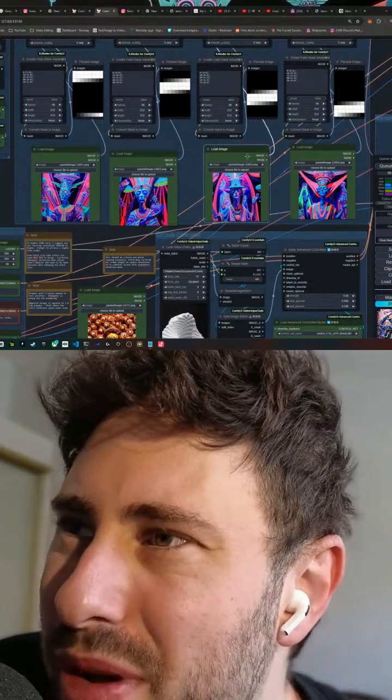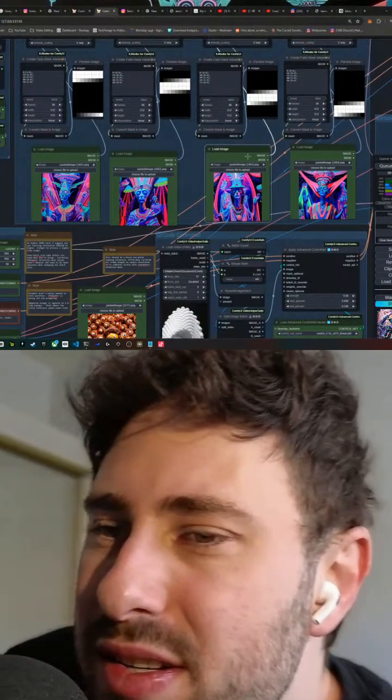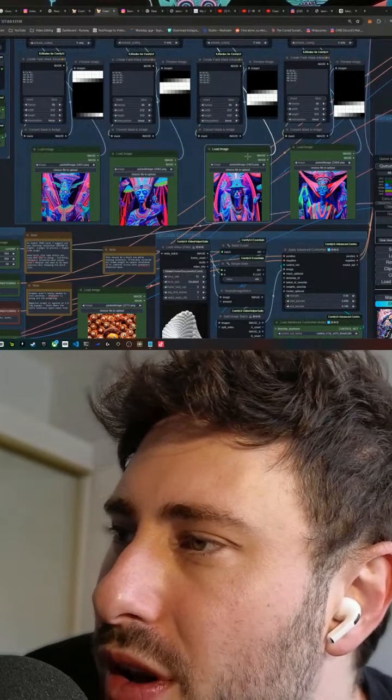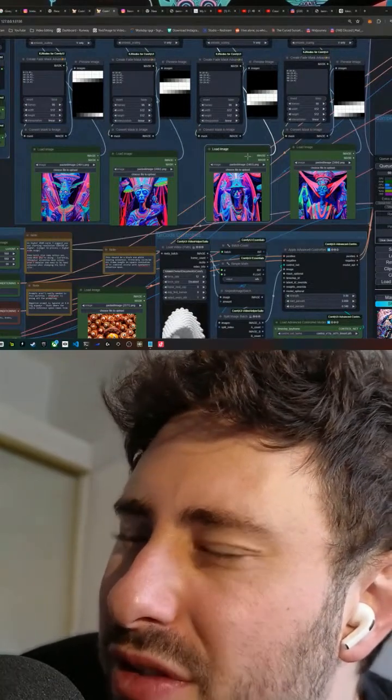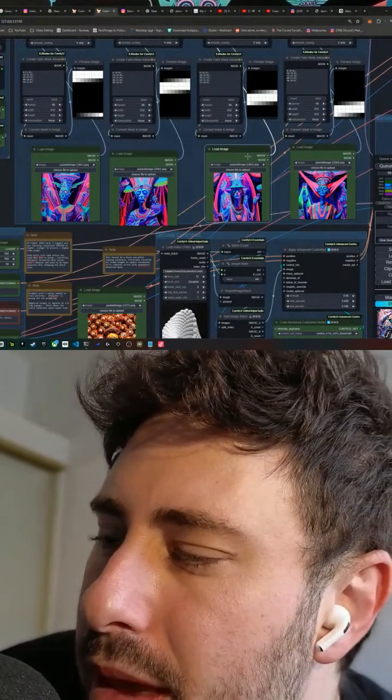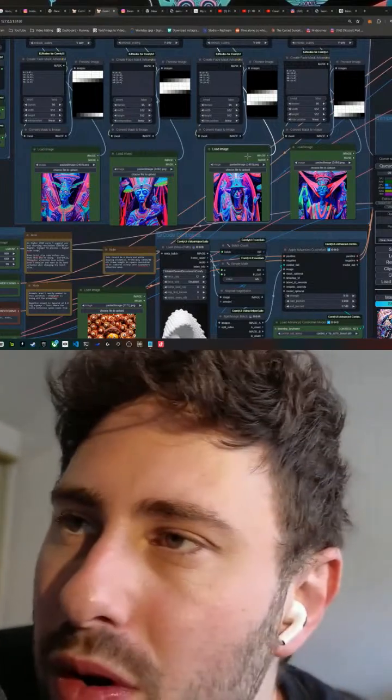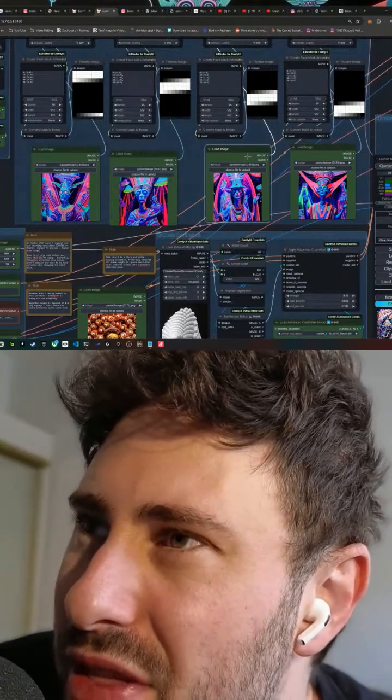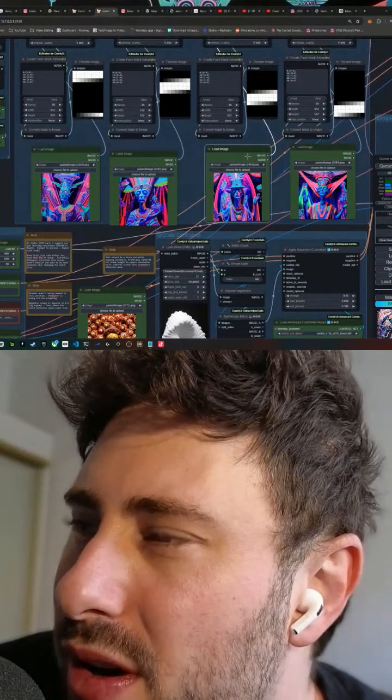Can a 1080 Ti handle some high frame rate Comfy? I would say that it depends. The card is slightly dated in the Comfy world. It's a decent enough card for gaming. If I recall, my old work PC had a 1080 Ti, and I think I started dabbling in Comfy on there.